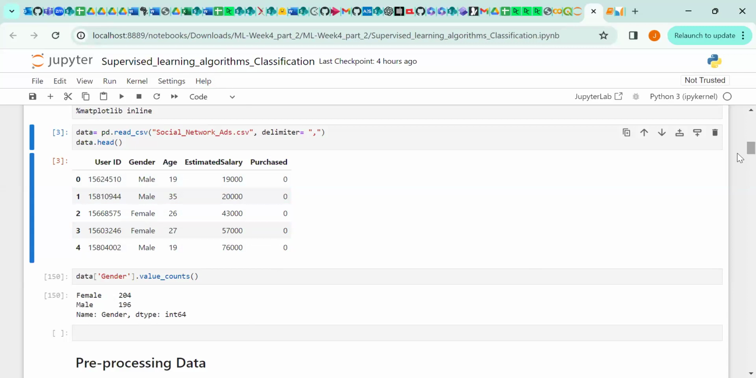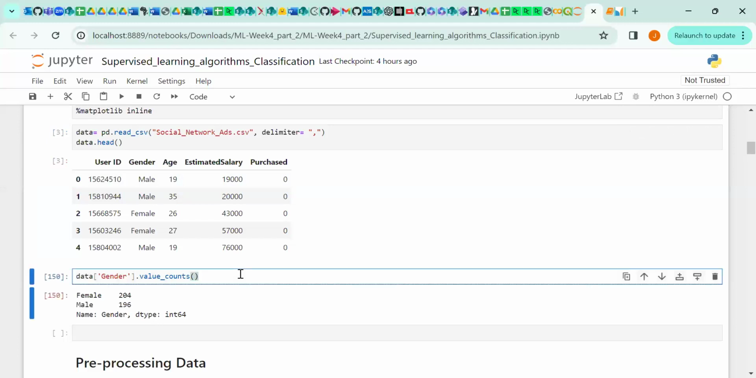And then we have purchased, right? Which we can see the values there. So we are doing value counts. What value counts does is that it looks at what you have in that column gender and tells you that, okay, in this column gender, we just have two values, male and female. The number of females in the column gender is 204, and the number of males is